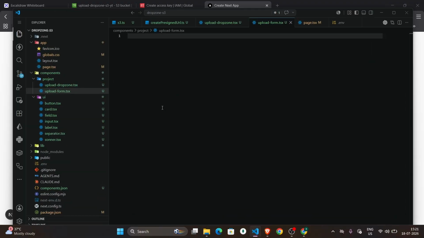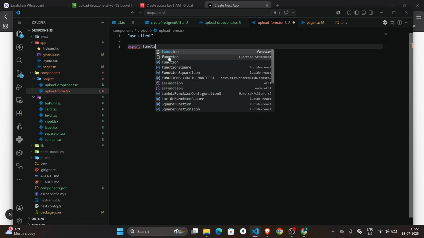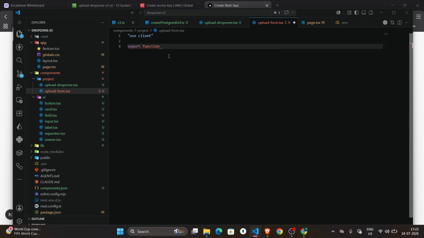So let's create it. Use client, not a form, export function upload form,